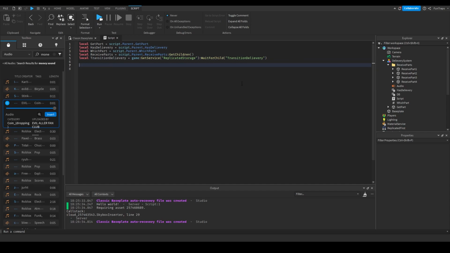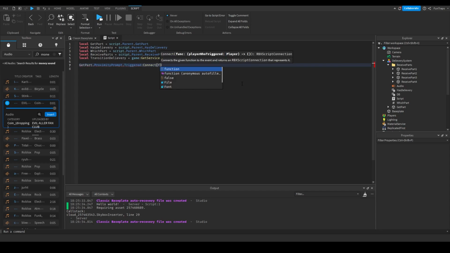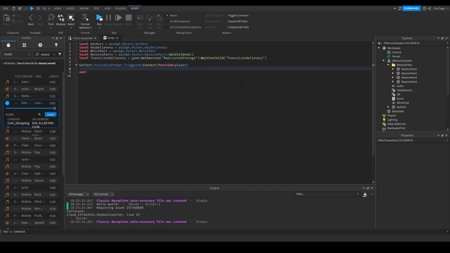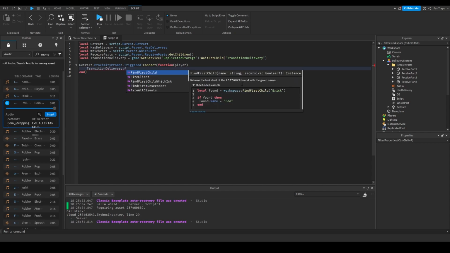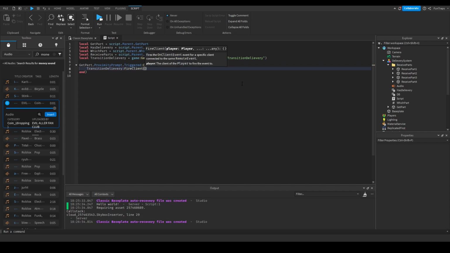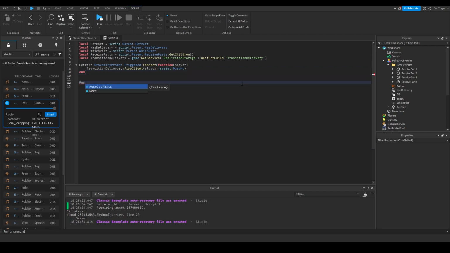And then what we're going to do now is get part dot proximity prompt dot triggered colon connect function. We're going to just name it player here. And what we're going to do now is transition delivery colon fire client. We're going to do player, script.parent. Bam. And then what we're going to do here is we're going to do receive